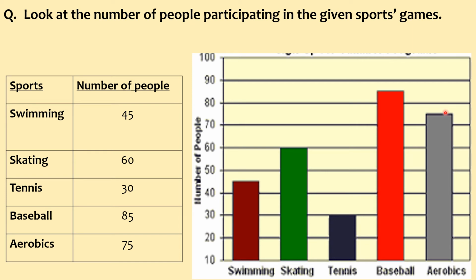Just for your ease, you can always draw dotted lines, just like you used to do in your previous class, so that you are sure that you are drawing correctly. In case you have drawn the bar at 71 or 72 or 79 instead of 75, you are obviously going to lose marks. So draw dotted lines using a ruler exactly at the point of 75, and then you can track where 75 is lying. Same goes with 85 and 45 here. Draw dotted lines for your own ease.